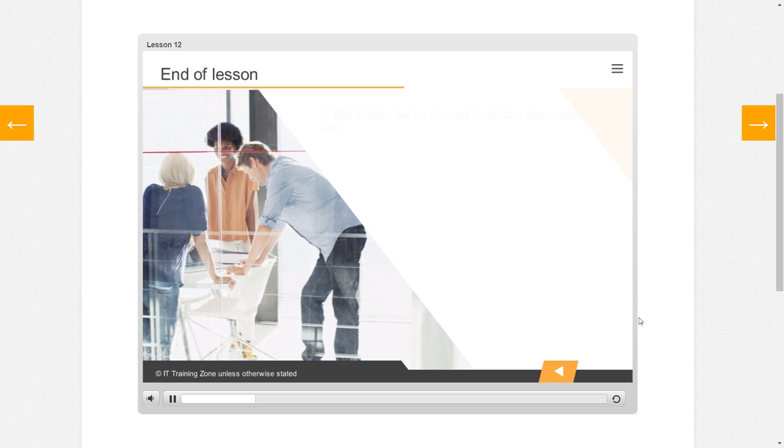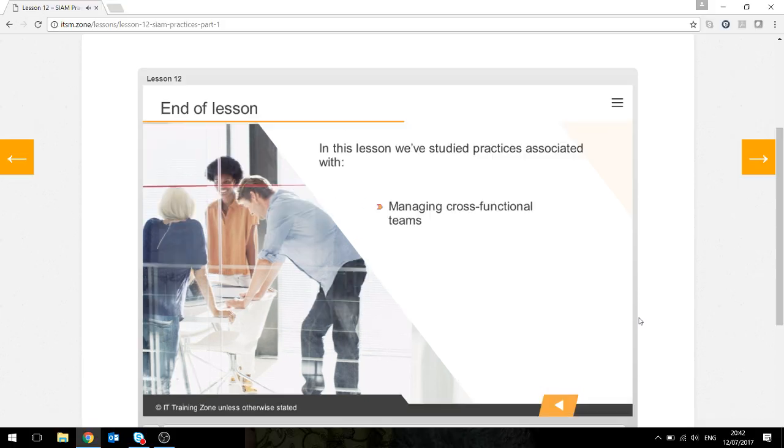That's the end of Lesson 12, where we've studied practices associated with managing cross-functional teams, enabling and reporting on end-to-end services,